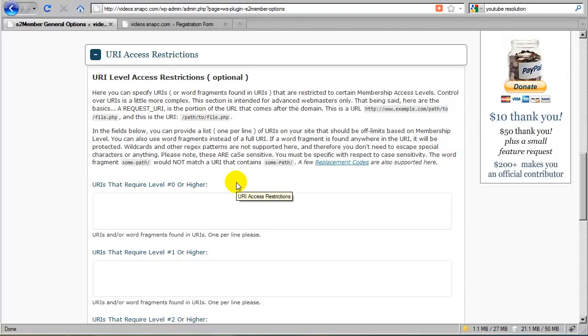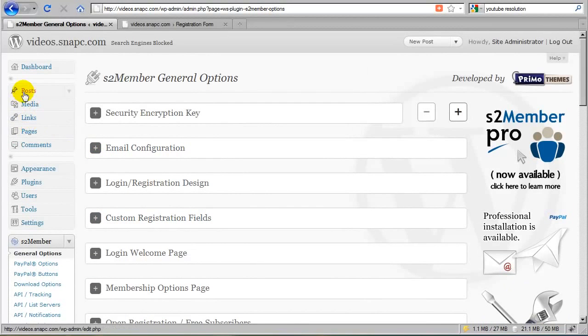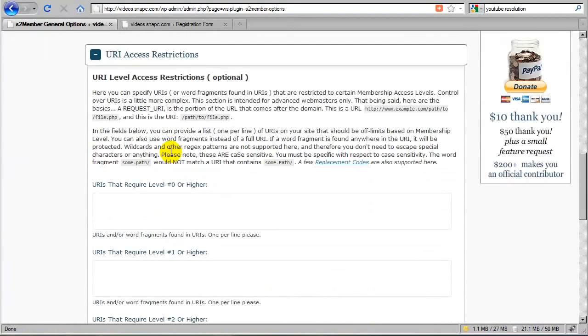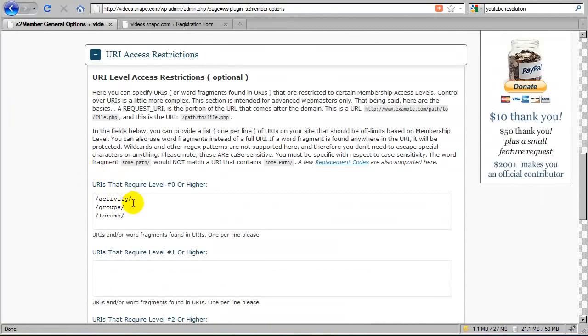For example, if you create a set of posts and pages, then you can go up here and look at those pages and those posts, and you can find their IDs. But what happens if you have, for example, BuddyPress installed, where BuddyPress, in conjunction with the BuddyPress compatible theme, generates URLs that might contain things like activity or groups or forums? Those are not directly associated with a post or a page, and so the way you protect those is using